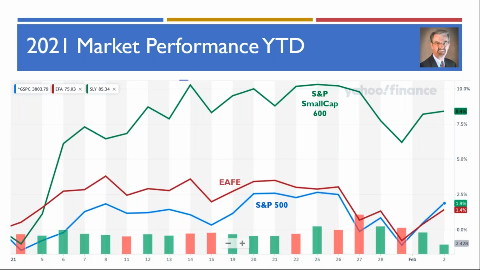The EFA index is the Europe, Australasia, Far East index, which had been doing fairly well, but has slipped a little in the last couple of weeks. Now up just 1.4% for the year. And then the S&P 500 index up 1.9% year to date. Started out rather strong and through January was performing well. Had a little bit of a retrenchment as we ended the last week of January. A lot of the volatility relating to GameStop and the short squeeze in the market, but we'll talk about that as well in just a minute.